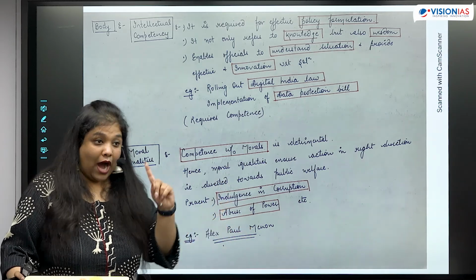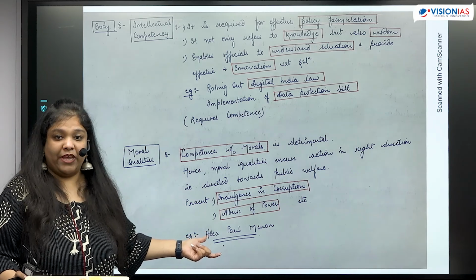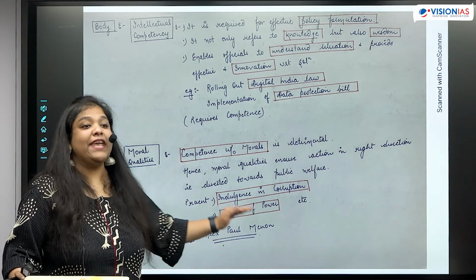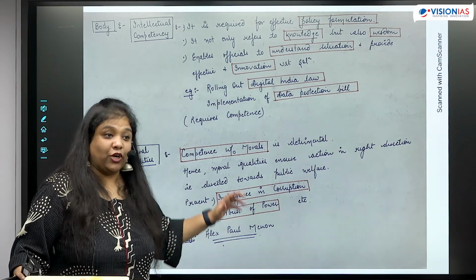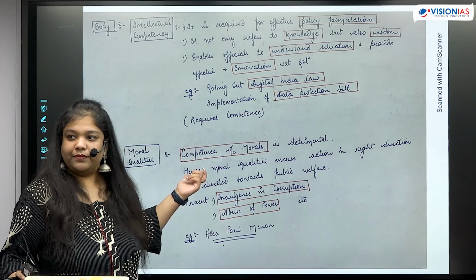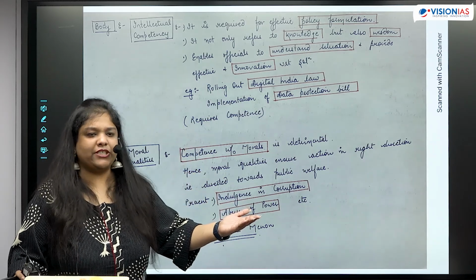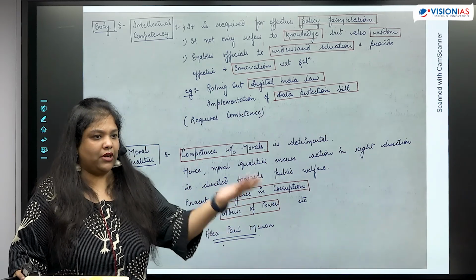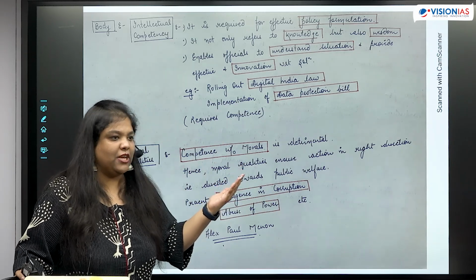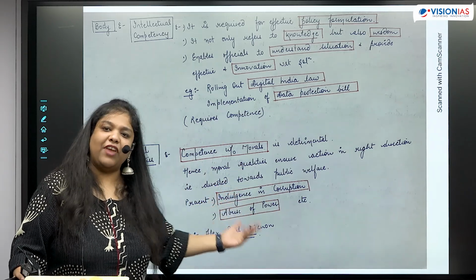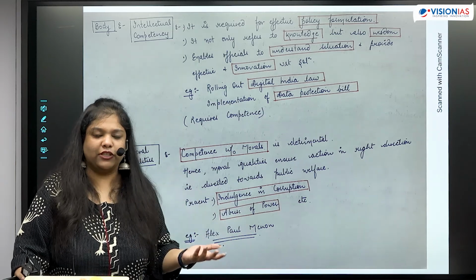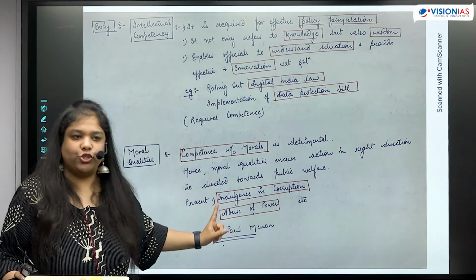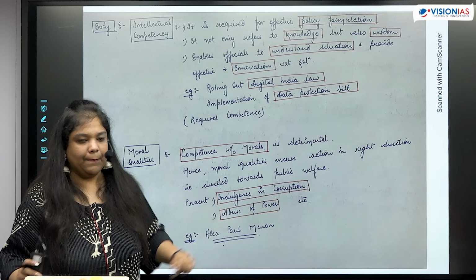Is that very clear? So, I have given the example of Alex Paul Menon because he is a very upright officer. He is an example of not only having the intellectual competency, but also the moral quality. Is that clear? You can give more examples of honest, upright officers. There have been officers who have unfolded corruption cases despite the pressure created by different lobbies. So you can give any example of IAS officers or other officers who have exhibited not only the intellectual competency but also the moral quality. Is that very clear? However,